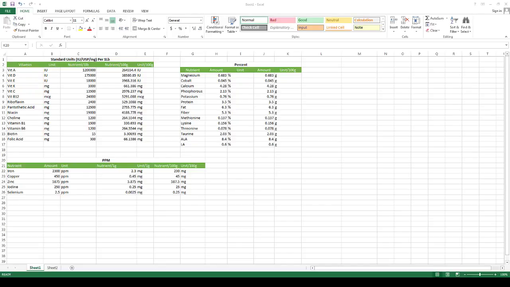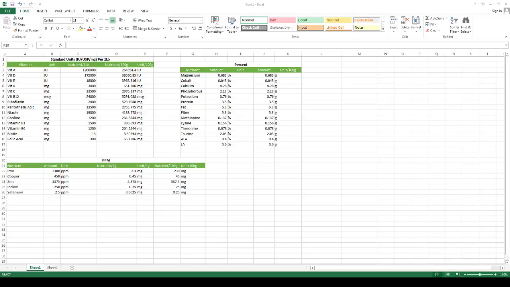Okay, so this label had quite a bit of stuff going on it, so I just went ahead and made a spreadsheet. It seemed to be the easiest way to kind of visualize it. So I split it into three main groups, and I have in here the standard units. This is kind of unusual for a lot of those sorts of supplement labels. Generally speaking, they tend to only have percent or ppm, but since they did have quite a bit of standard